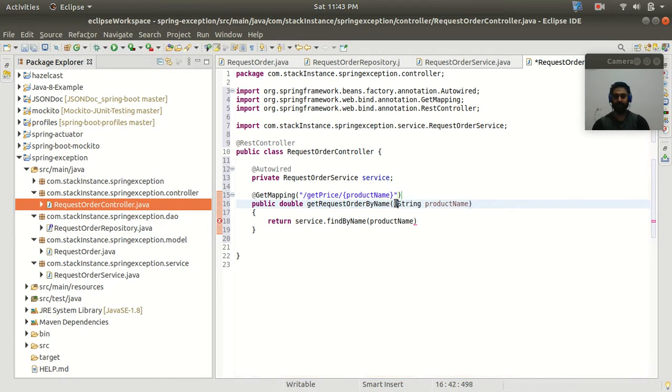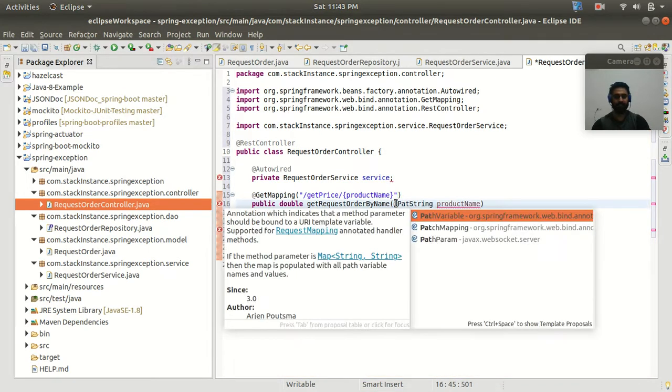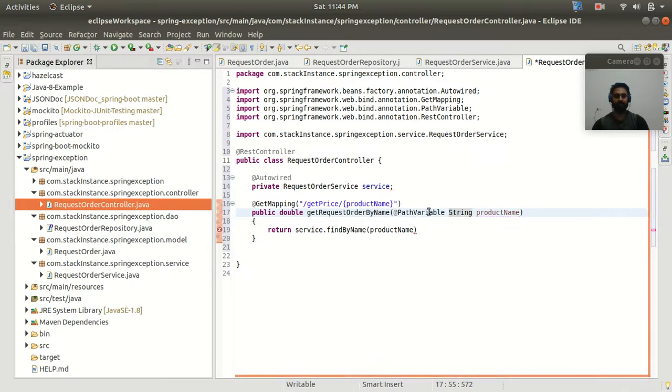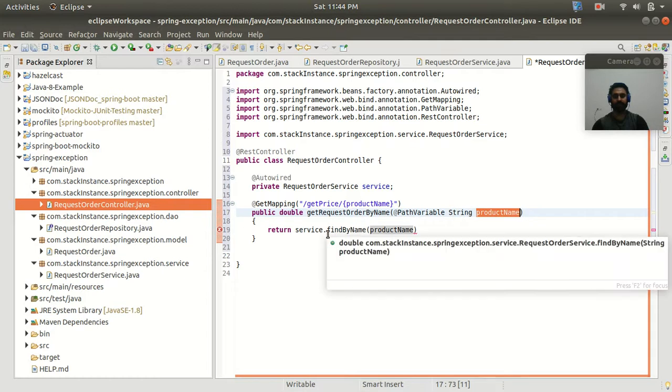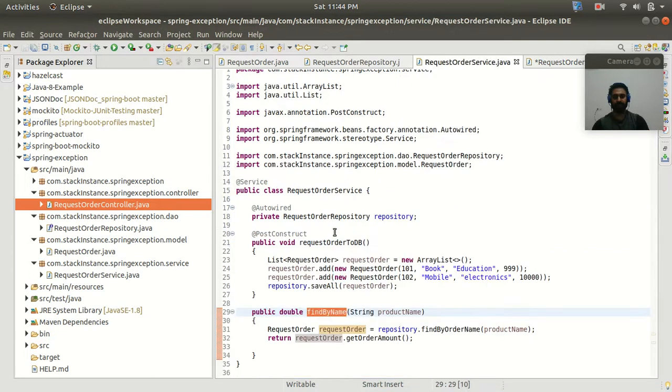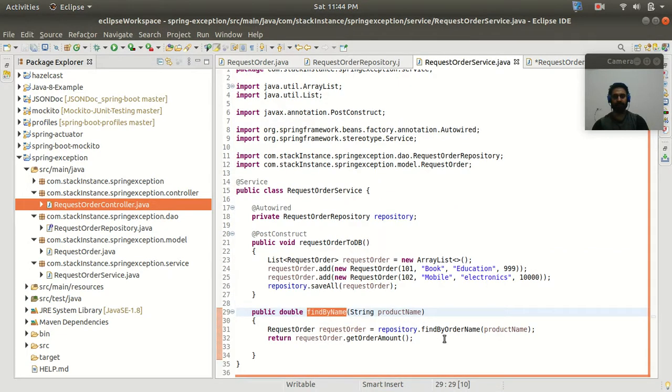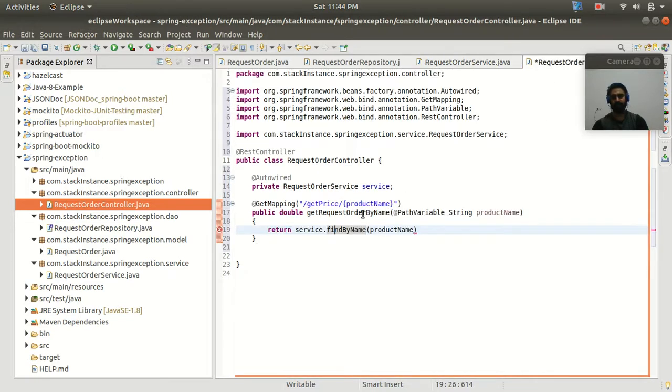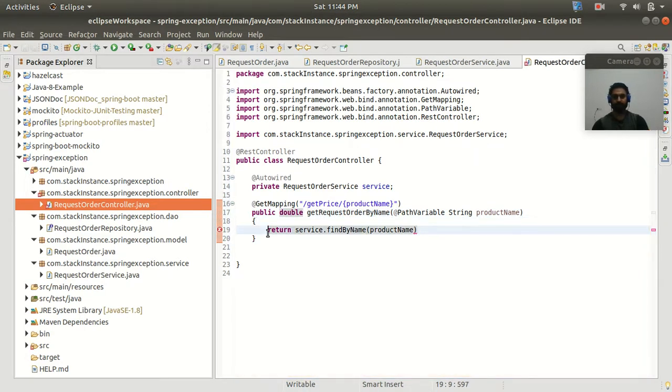For that I will use the at the rate PathVariable annotation, right? So the PathVariable annotation will take this product name from the URL, and it will call the find by name method of my service class, and then it is going to call the find by order name of my repository class, and then it is going to return the amount of my product. So yeah, save it.